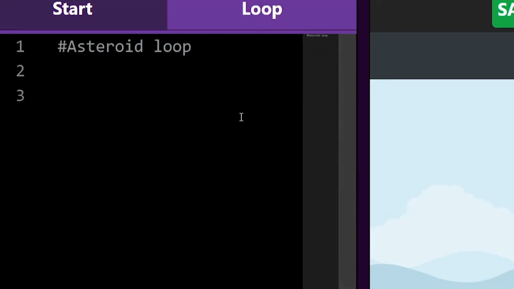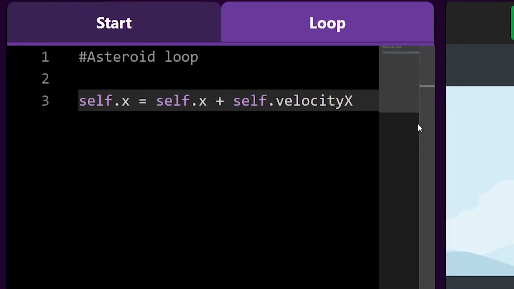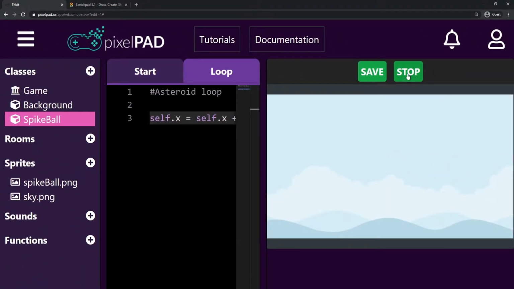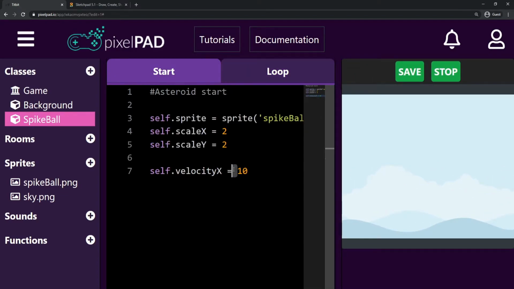Now, let's go to the loop tab. And here, I'm gonna keep moving my spike ball according to my velocity x. Now, as you can see, my spike ball moves to the right. To make it bounce, I want to keep checking if my spike ball has reached the border of the screen. If so, I want my velocity x to change its direction. So if it is positive, then it should become negative, and then it would make my spike ball move to